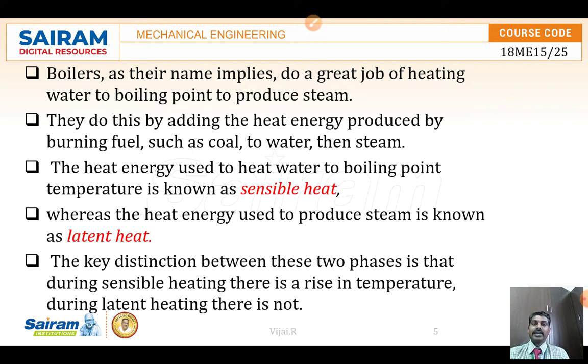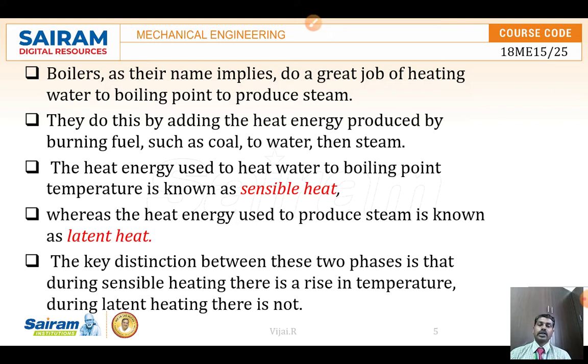A boiler produces steam when we heat the water to the saturation level, that is the boiling temperature point. The heat energy we give may come through electrical devices, coal, or some other burning of fuels. We produce the heat energy, and that heat energy is useful for conversion of the water